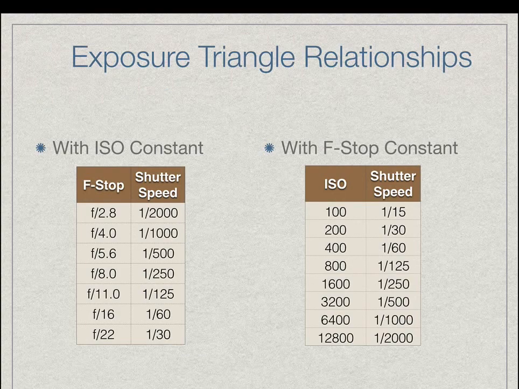If we look at the triangle relationships, you'll see that when the ISO is constant, as you change your f-stop, your shutter speed will change, or vice versa. If I change my shutter speed, my f-stop will change to end up with the same exposure. In other words, f2.8 at 1/2000th of a second is the same exposure as f22 at a 30th of a